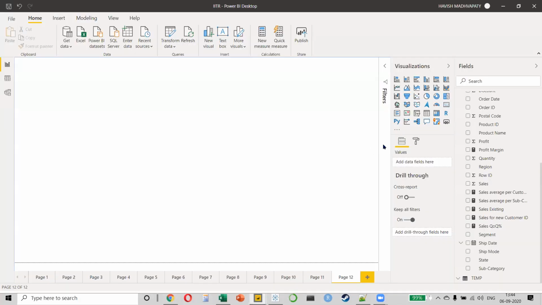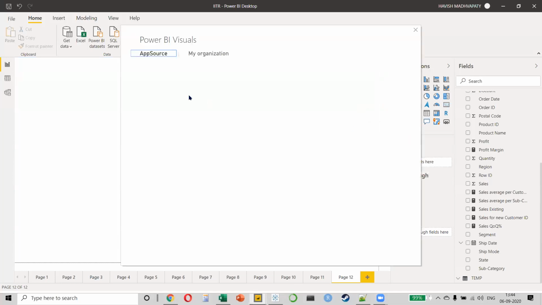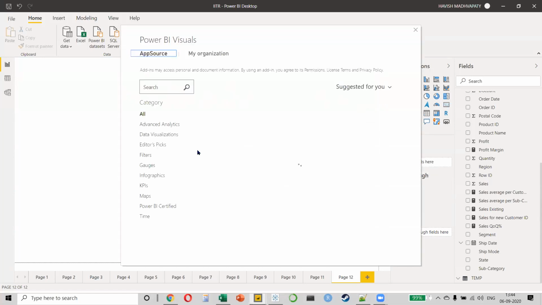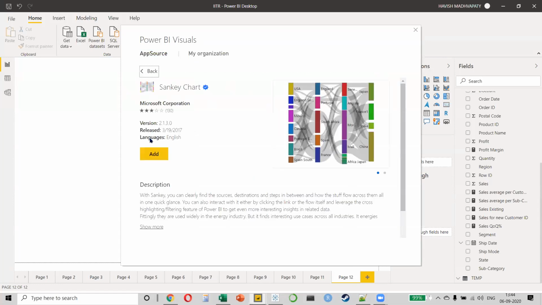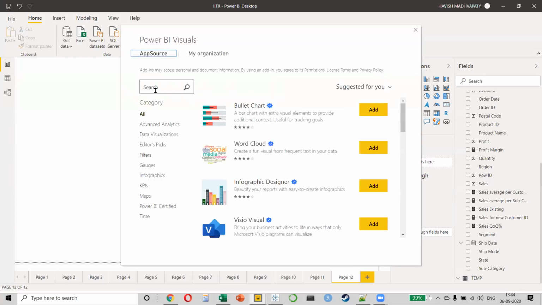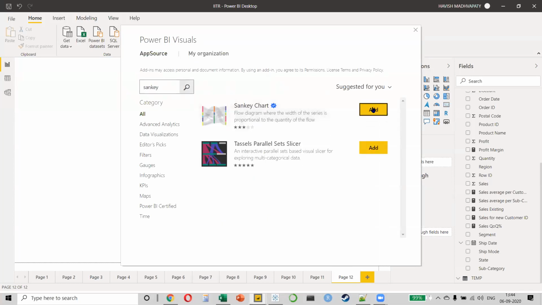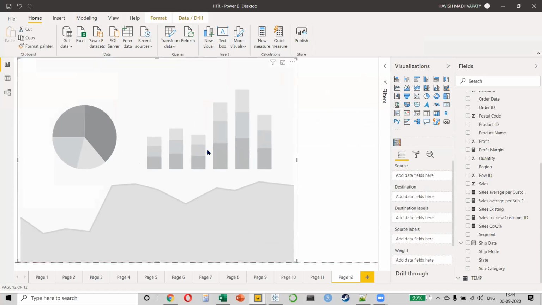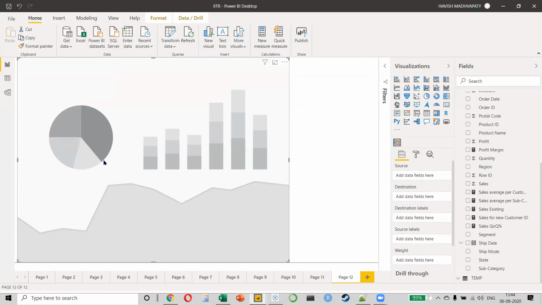Imagine I have to do this on Power BI. You know how simple it is? I can click on these 3 dots, select Get More Visuals, and click on Sankey. Let me do that once again. I click on the 3 dots, Get More Visuals, and select Sankey, which is this one. We'll click on add, and that's it. And it says I was not able to import. That's not good. Let me do that once again. Okay. So I made the Sankey here.